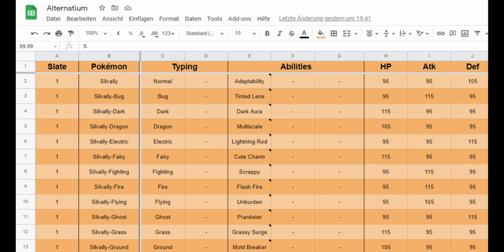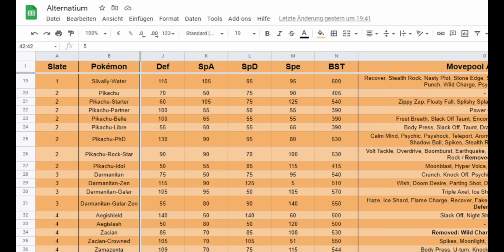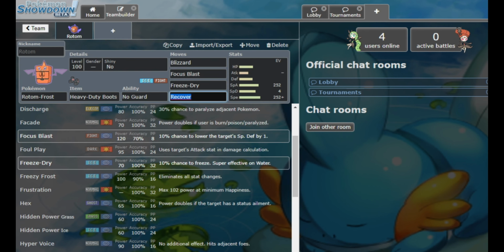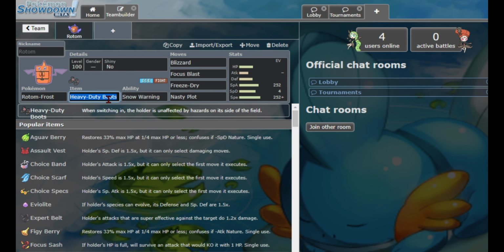Hold on, let me get to the Dex. Frost. Yeah, okay. So it doesn't have those options. It has Snow Warning, likely,